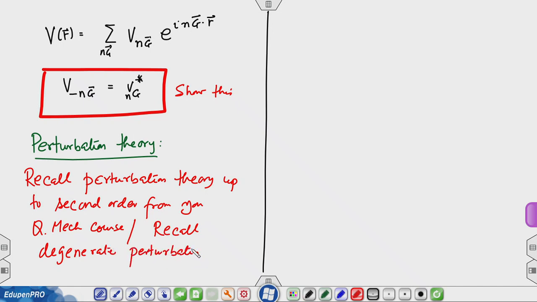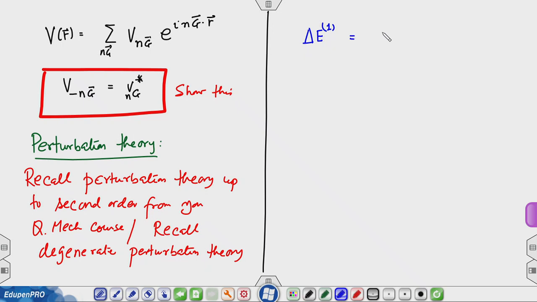Perturbation theory. So you need to go back and brush it up a bit. I'm just going to take those results directly. So the change in the energy E, first order